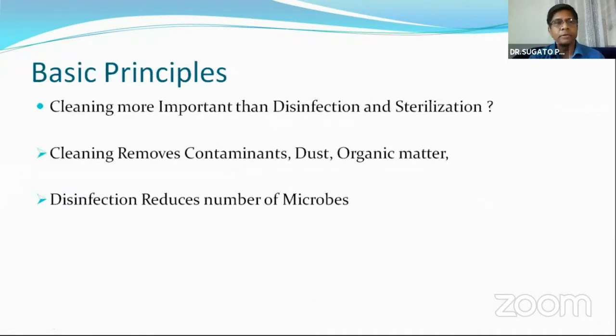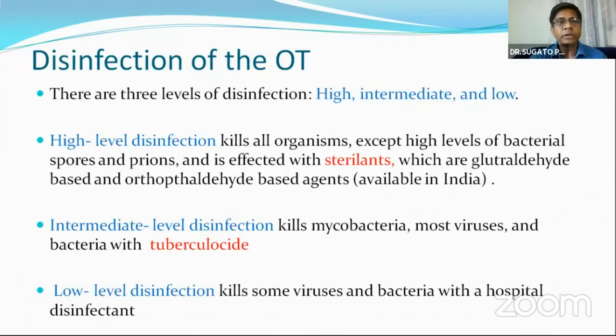The basic principle is cleaning, disinfection and sterilization. Both are important because cleaning removes contaminants, dust and organic matter, whereas disinfection reduces the number of microbes. Disinfection in the OT actually involves 3 levels: high, intermediate, and low. High level disinfectants kill all organisms except high levels of bacterial spores and prions, and are effective with sterilants such as glutaraldehyde-based